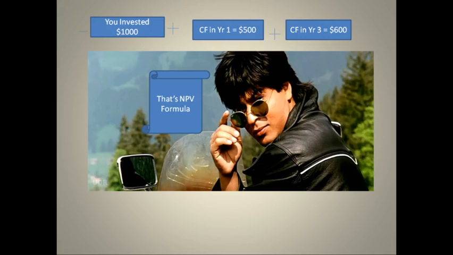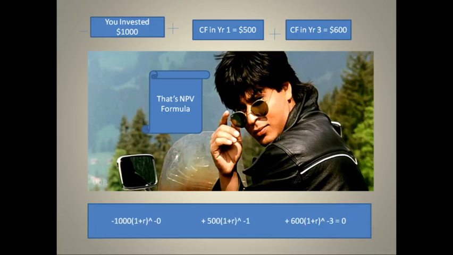So if we arrange this formula as an equation, we get as follows. Here is the equation in front of us. Remember, my dear friends, in my last video I taught you how to solve sums based on NPV. Separate the net, look at the present value, and apply the present value formula. What is the formula for present value? It is nothing but future value into 1 plus r raised to minus n. So we arrange this part in the formula for present value, and we arrange this part in the formula for present value.